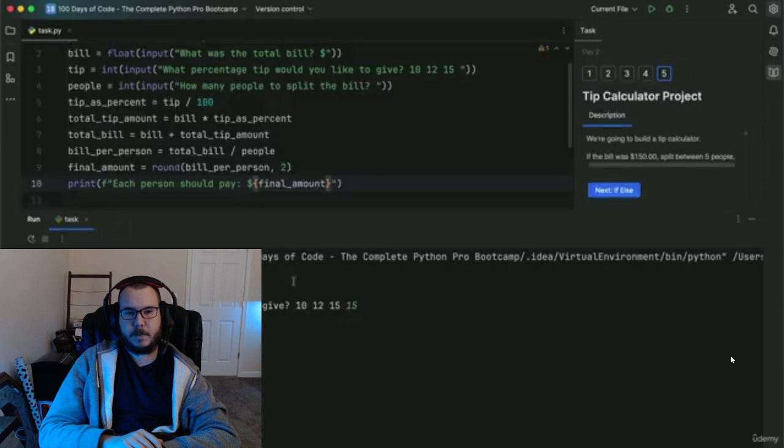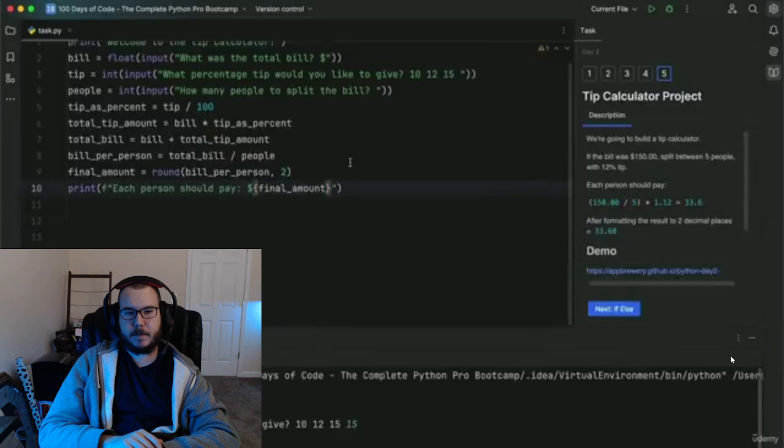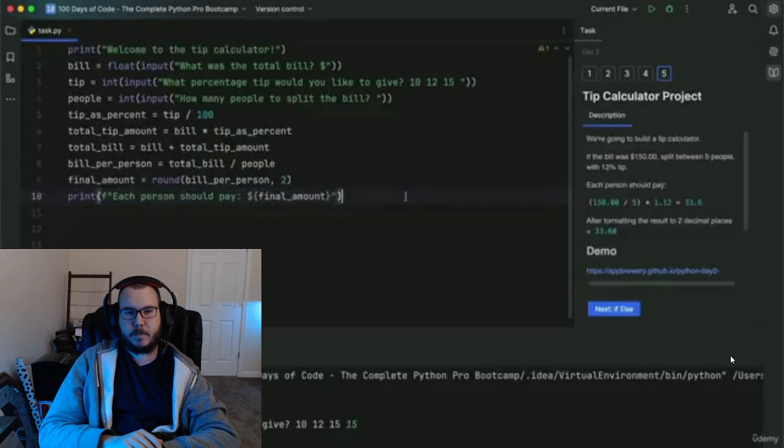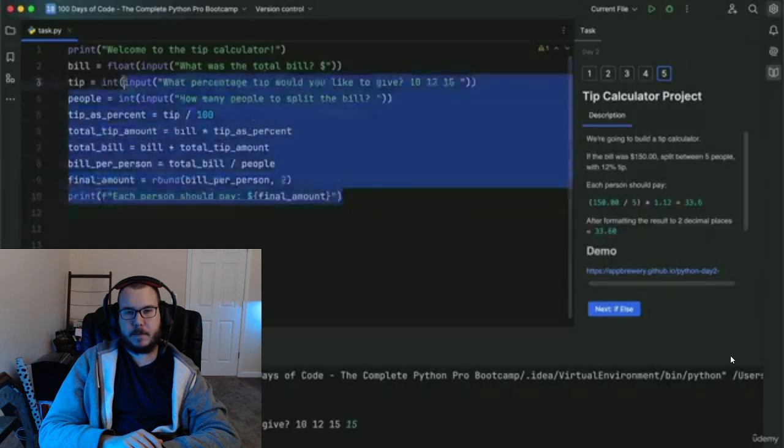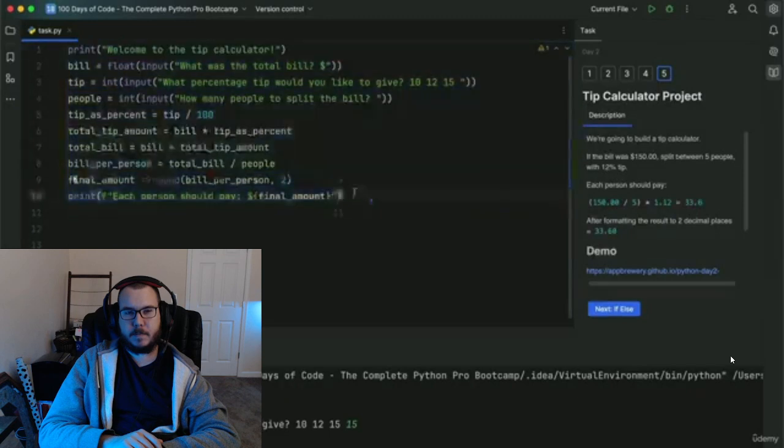How did you get on with this project? Did you manage to get it in one go without having to look at the solution? If you got stuck at any point, or if your code didn't work as you expected to, this is the time to go back to it, fix it, and make sure that you've understood everything that's been covered through this exercise. So I hope you had fun building this project and doing all of the coding exercises and learning about